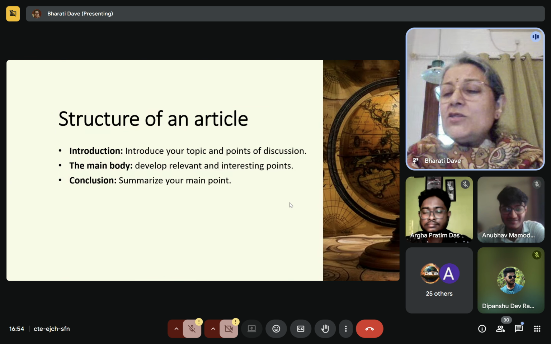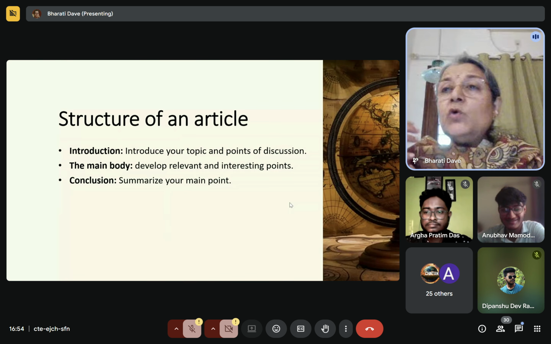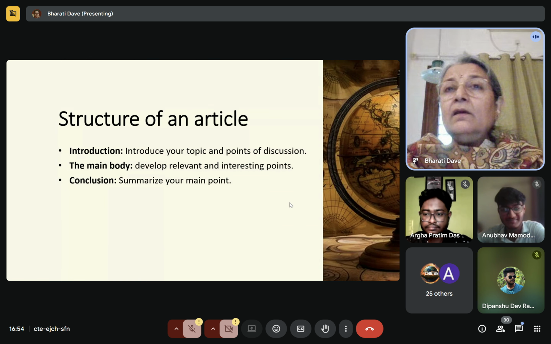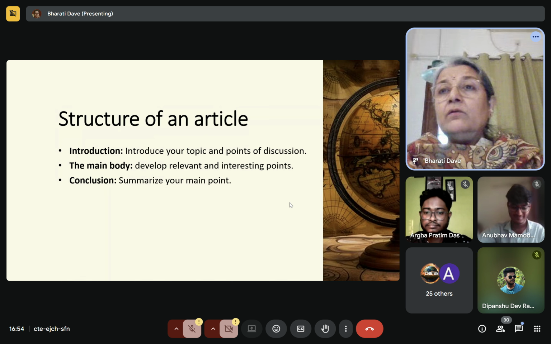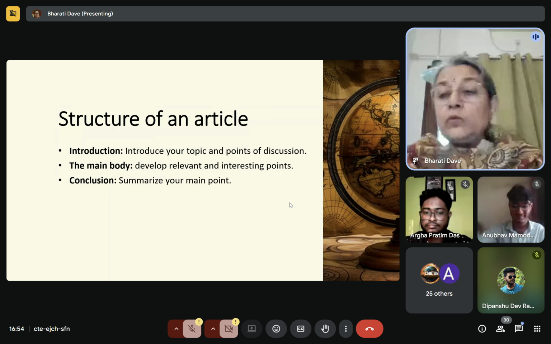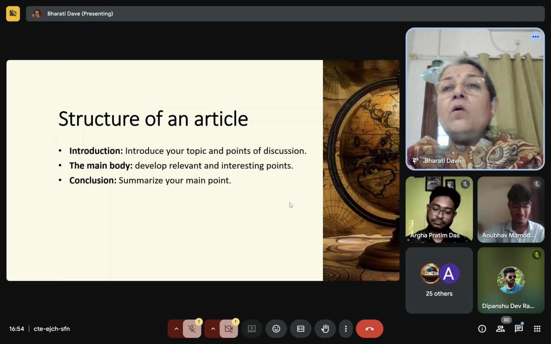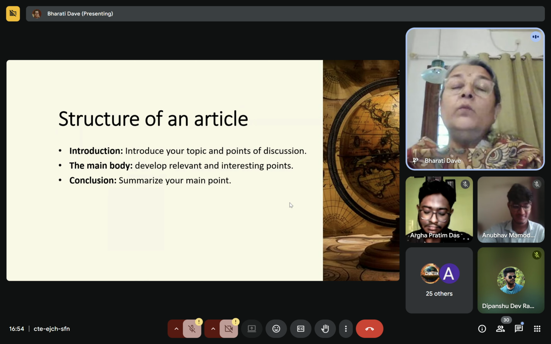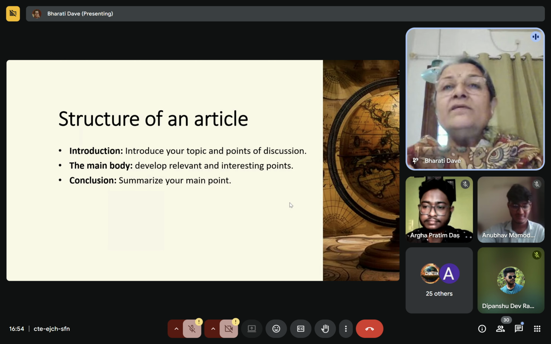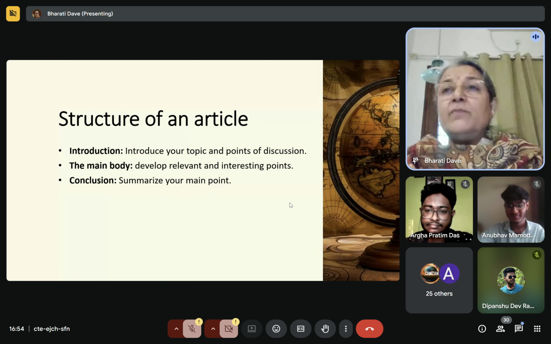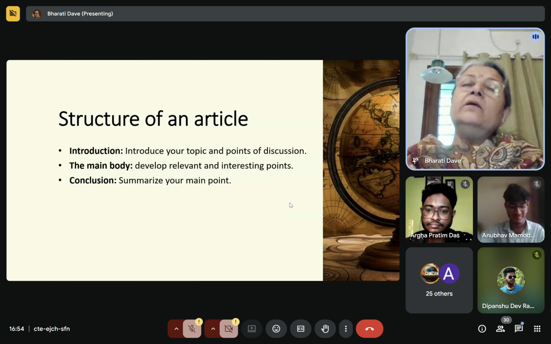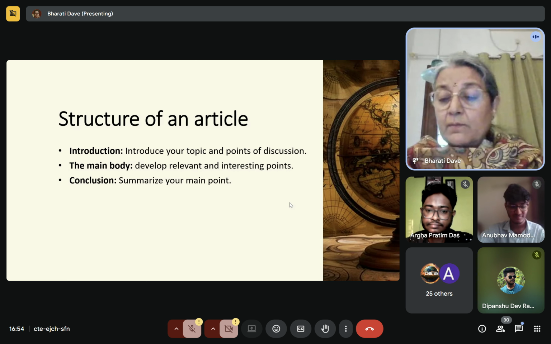Now I think for today, if you absorb this much, it is a great beginning: how to start writing an article, how to choose a topic, how to gain the information, where to get the information from. If you do some research on these topics which we have discussed today, open some websites, open some magazine websites and have a look, your interest will grow a little further. How to structure the article will come later.